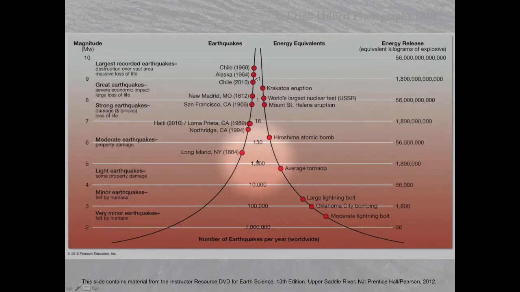The really, really large, high damage earthquakes, upwards of magnitude 7, occur between 20 and 1 per year. And humongous, catastrophic earthquakes are much, much fewer than 1 per year.